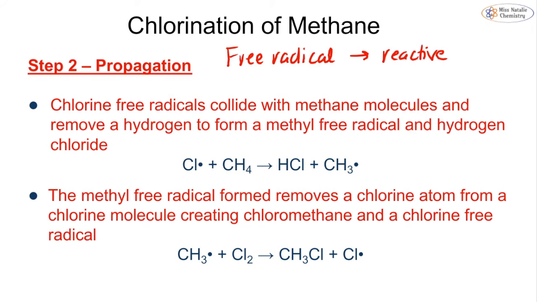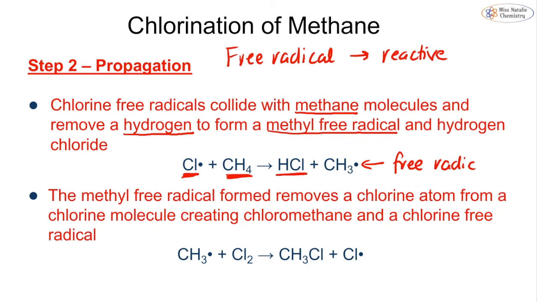And what happens is the free radical collides with the CH4 methane molecules, and they will remove a hydrogen. And by removing a hydrogen, they form a methyl free radical. And they steal this hydrogen in order to bond with the chlorine free radical. So we have our chlorine free radical bumping in to the methane, stealing a hydrogen to form HCl and this methyl